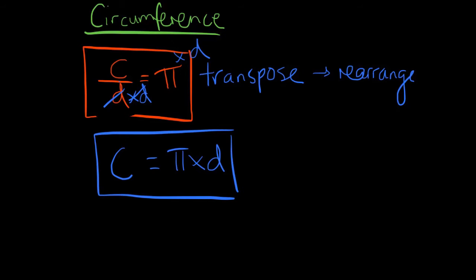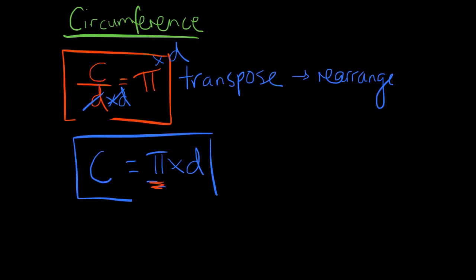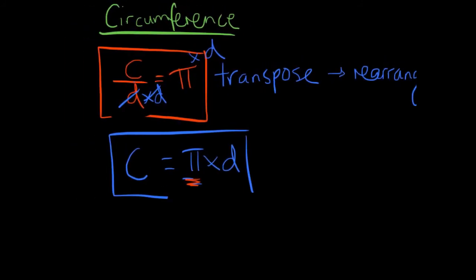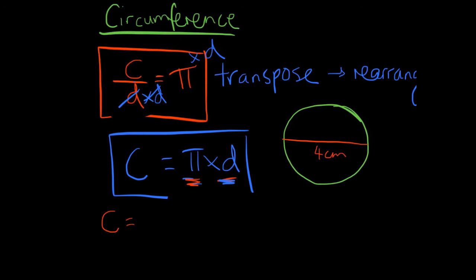So I can simply use pi and my diameter, so the diameter of my circle, substitute that value in and multiply it by 3.142, I get my value for circumference. So if I show you just a little worked example over here. So if I take a circle, my distance here is 4 centimeters, let's say. What I get now is C equals